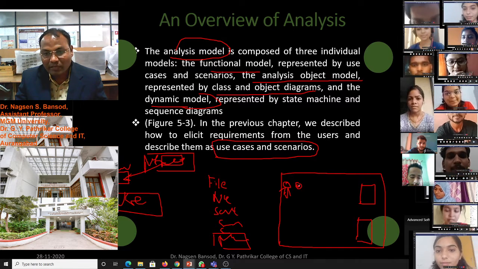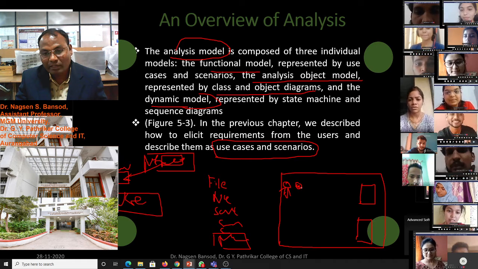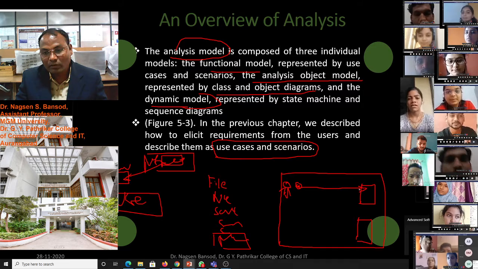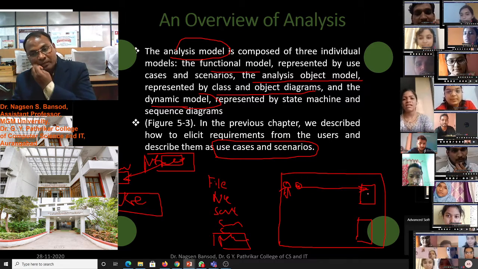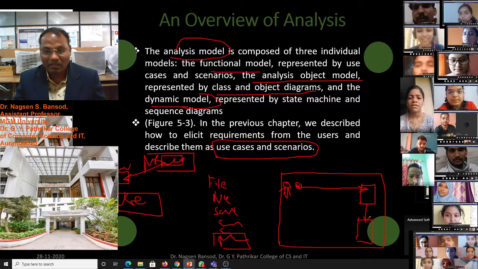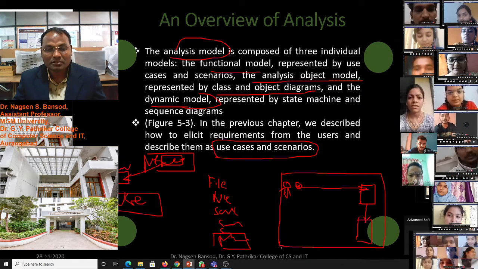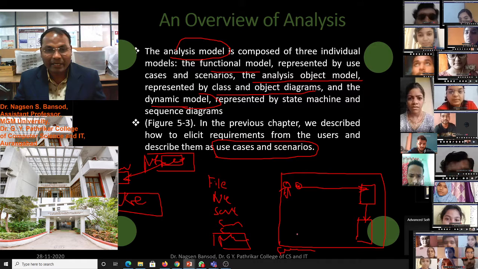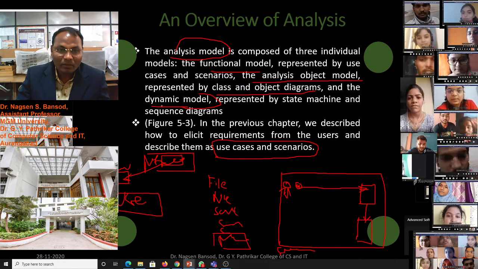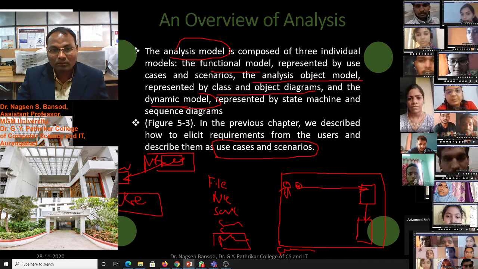He will start one activity. Which activity will he start? Print. He will click on the print button in the software, then the printer will start. Like this, we can represent the sequence diagram or state machine diagram in the dynamic model.